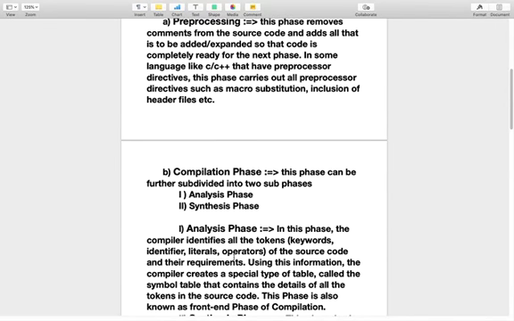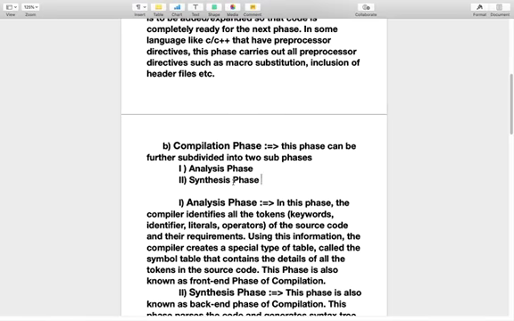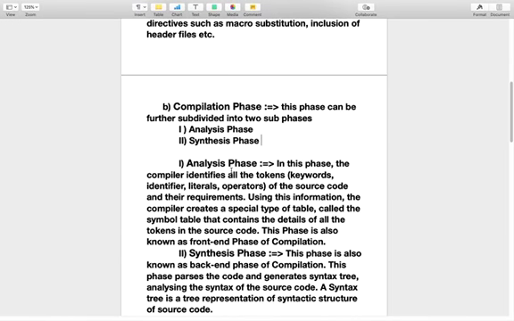The second step is the compilation phase. This phase can be further subdivided into two subphases: the analysis phase and the synthesis phase. First is the analysis phase. In this phase the compiler identifies all the tokens.